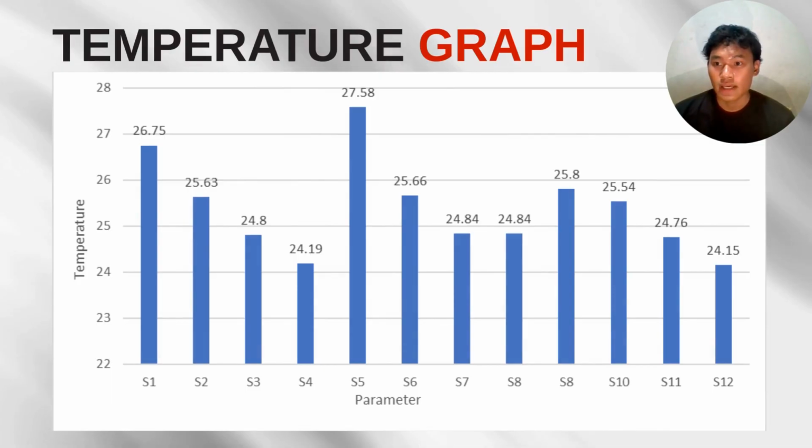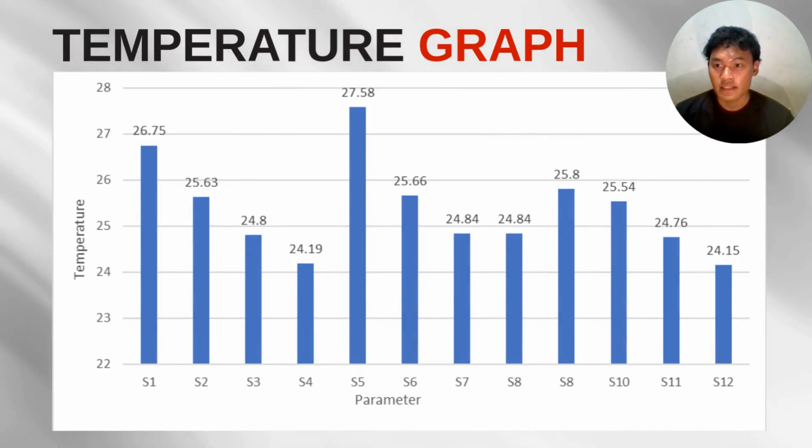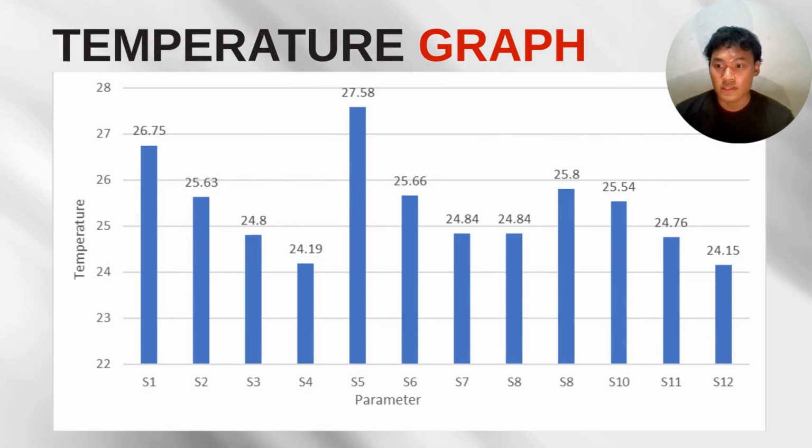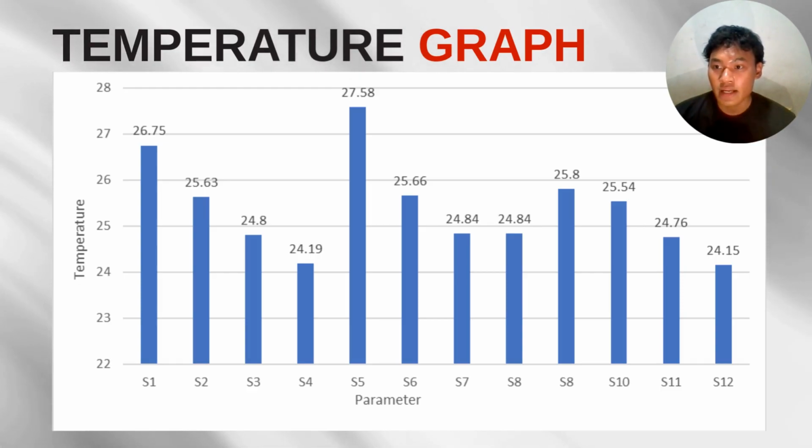Next, let's take a look at our temperature result that shows in this graph. As you can see, there is a very clear trend here. As we increase the welding velocity, the temperature consistently drops across all designs. For example, at the slowest speed of 10 cm per minute, the temperatures are at their highest, especially the concave